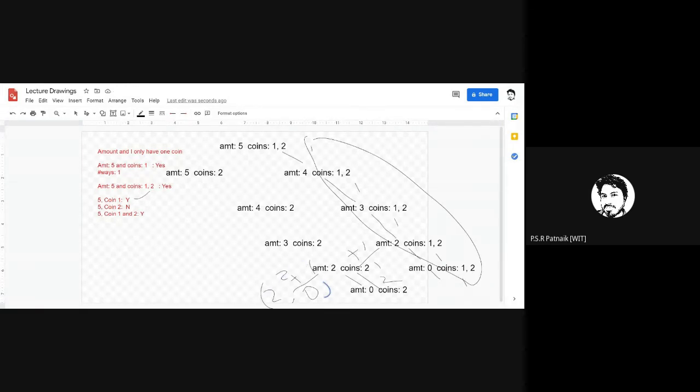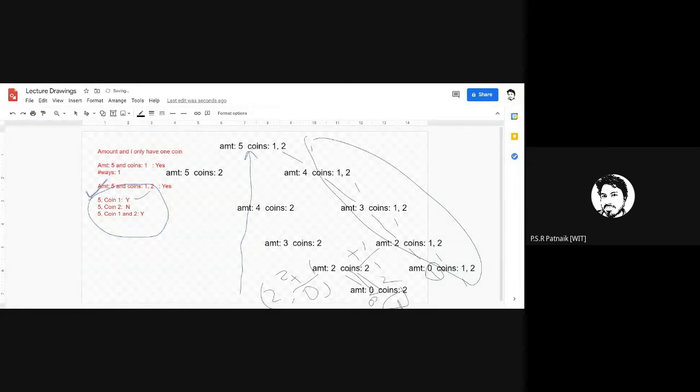When you return a 0 here, the remaining call is this. You provide amount 2, coin minus 2. Amount is 0. It means here this amount 2 can be realized. So here you start returning 1. Return 1 here, return 1 here. All these returns are added up when you backtrack this recursion from the top. The additions of these ones will now give you the total number of ways.